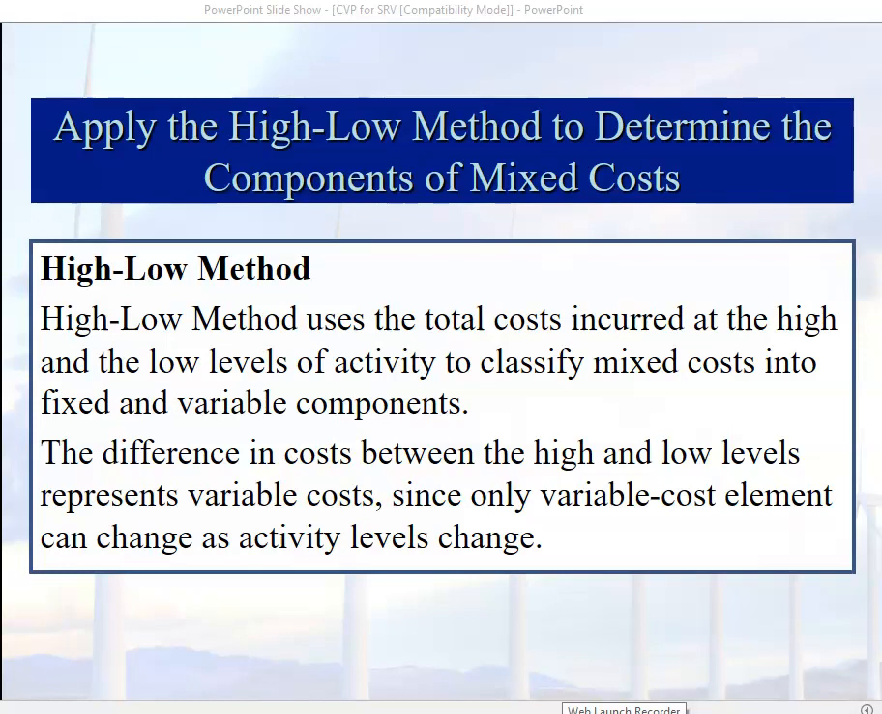Okay, so we need to talk a little bit about a method that we use to differentiate mixed costs. We discussed earlier that we gave a couple of examples regarding mixed costs. Now, we had some for variable costs and fixed costs, but we also said that some costs were a combination of both fixed cost and variable cost. And this high-low method helps us